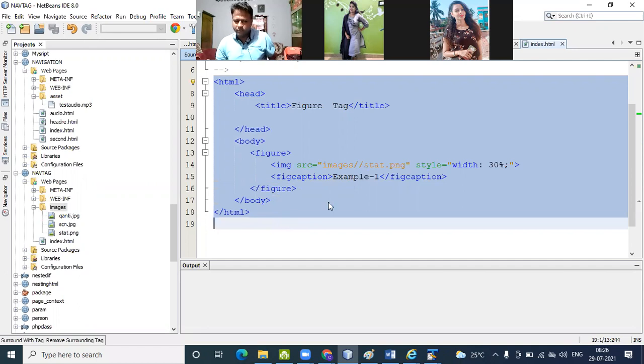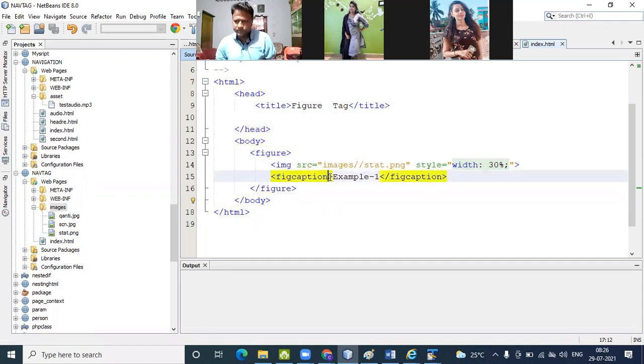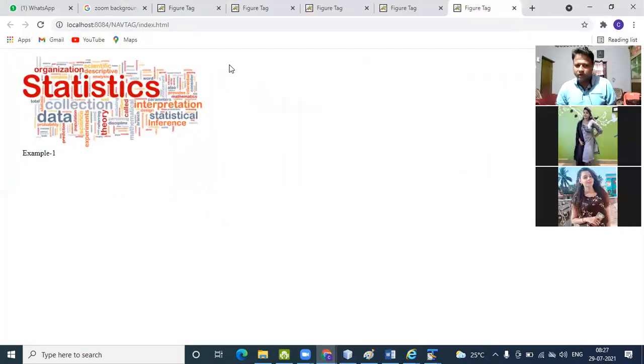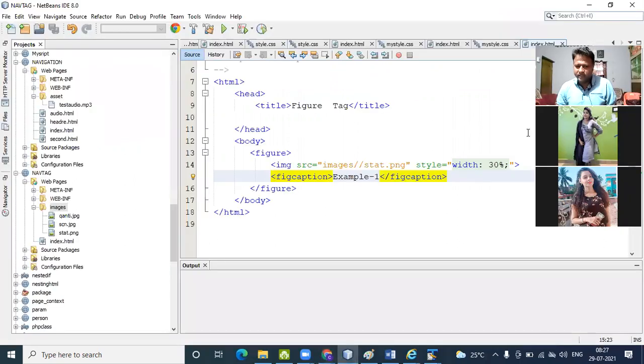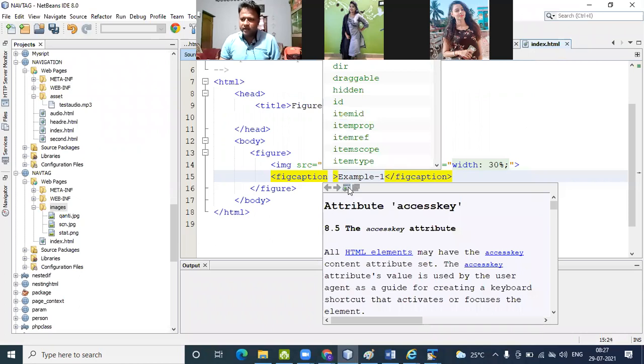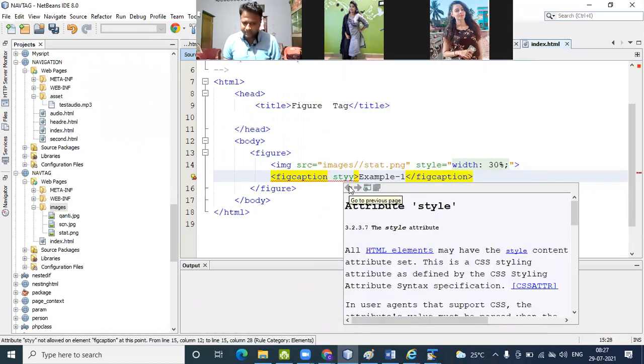Okay, so I put some other part here. I give some kind of style in the figure. If you see, this caption is present in almost the left part. Now I put it into the middle, so I pass the style tag.